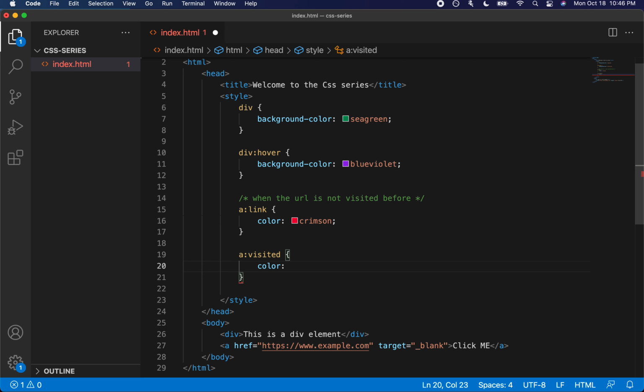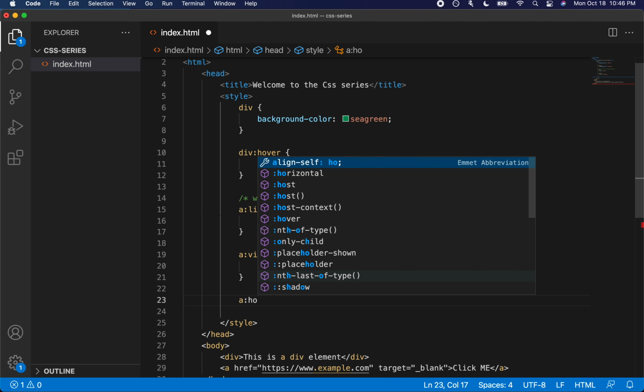So that's when it's going to add this style from this block. So I'll be adding maybe a different color, yellow green, and I'll also be using hover on this.